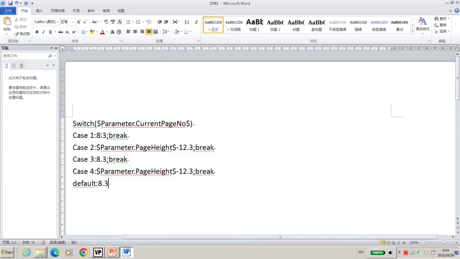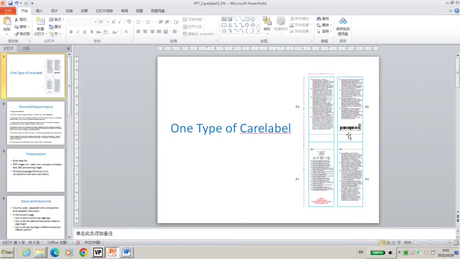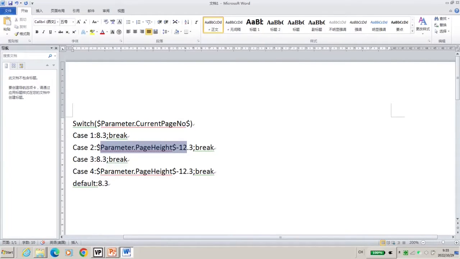So when the current page is 1, the start point of the Y position is 8.3 millimeters. And for page 2, it's relative, because this dash line is linked to the bottom edge. If the page height is long, this dash line position will move down. Page 2 is relatively lower, page 3 is fixed higher, and page 4 is relatively lower. So using this parameter, we can get the position of the dash line.